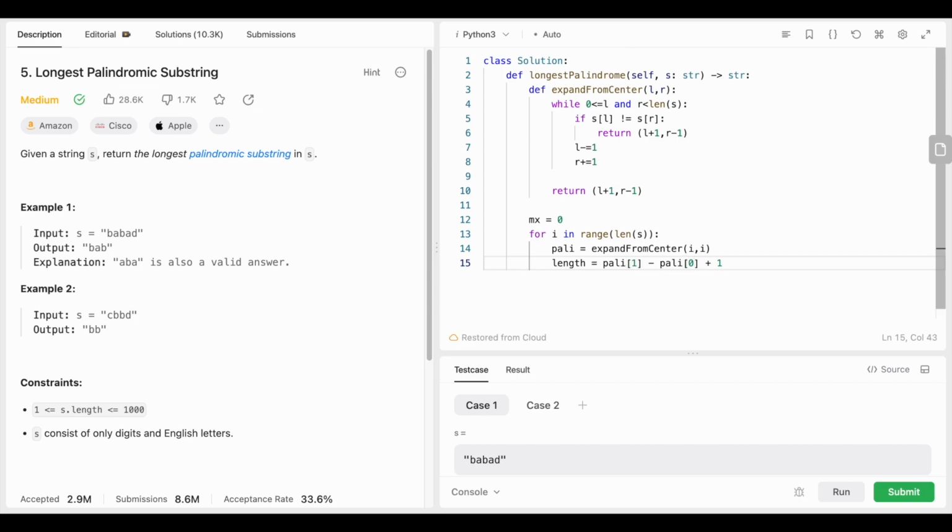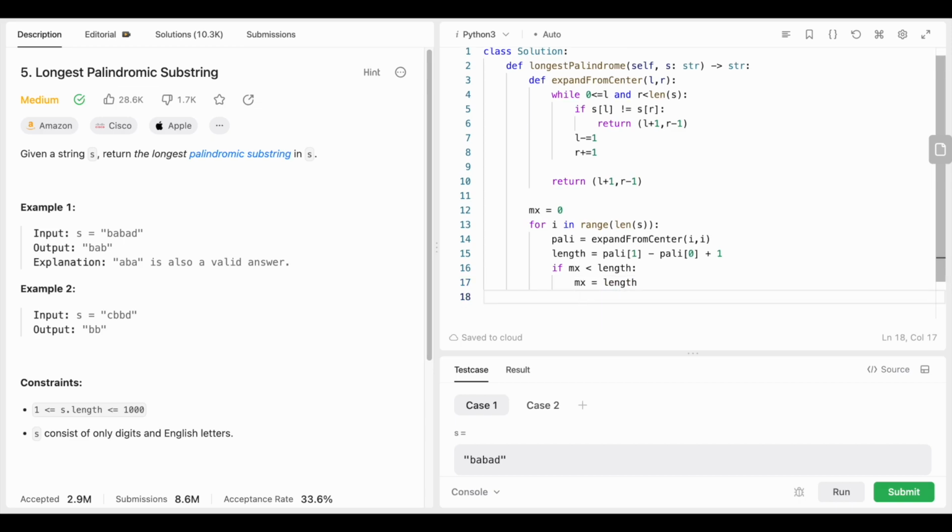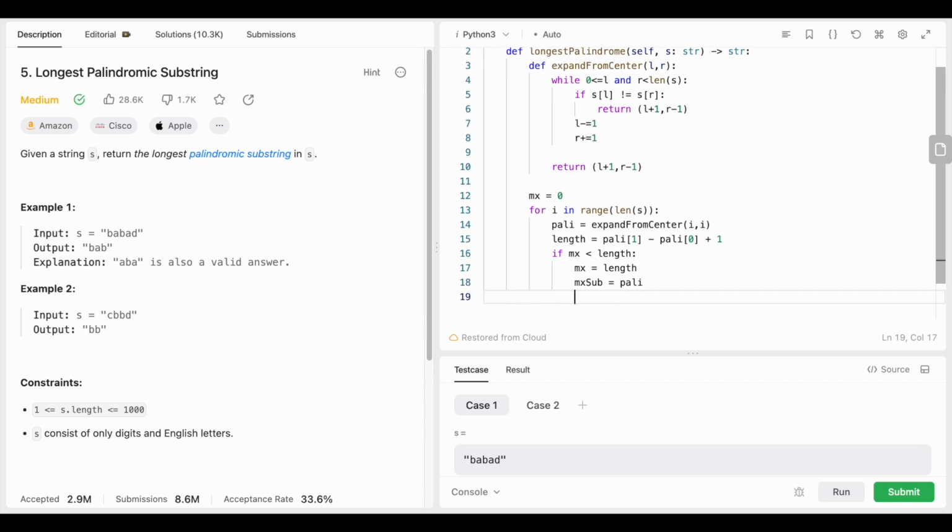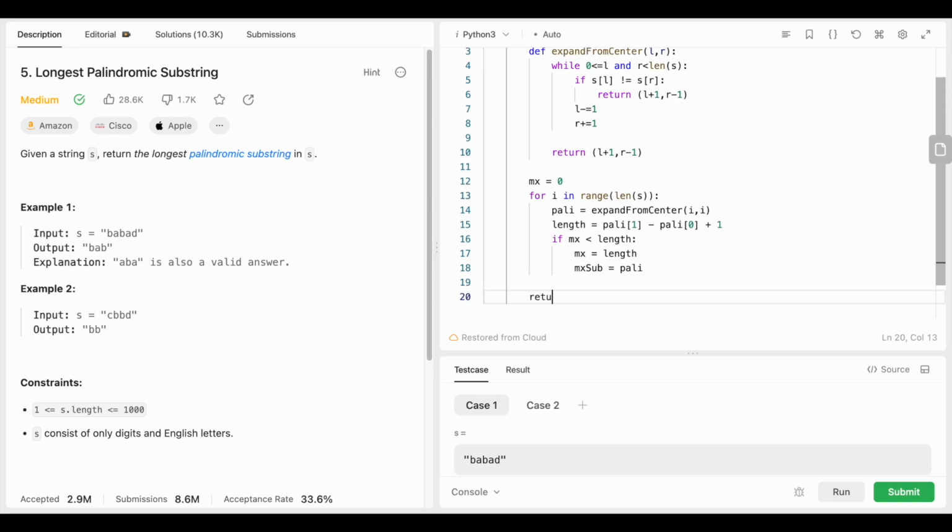So this is its length. And if it's bigger than the previous maximum, we are going to update the maximum and keep the indices. And at the end, we want to return